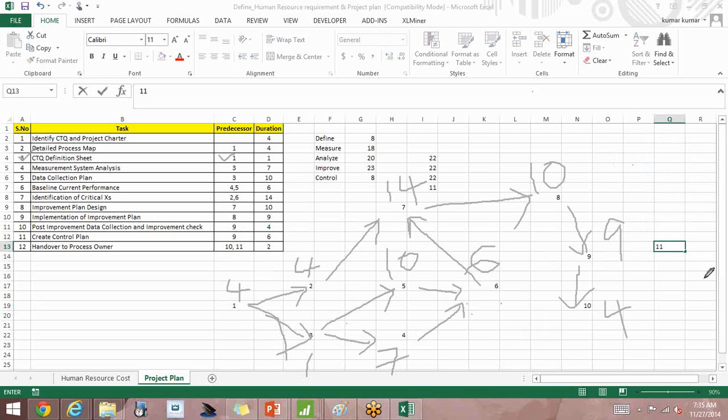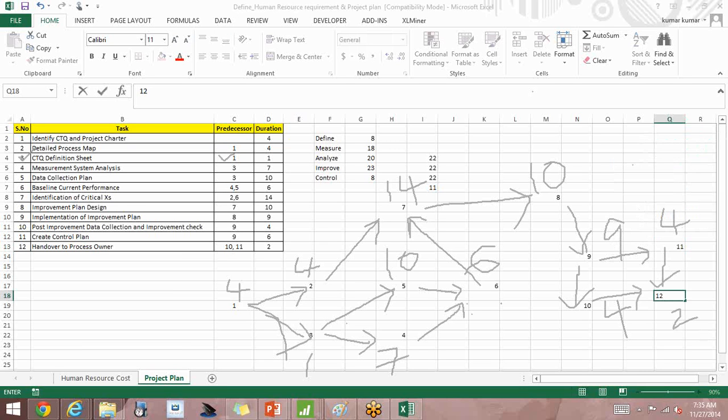Step 11 has connection from 9 again and the duration is 4 days. Then last step, step 12. They say that step 12 has two connections, one is from 11 and another one is from 10, and this duration is 2 days.